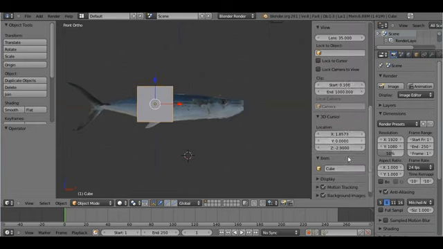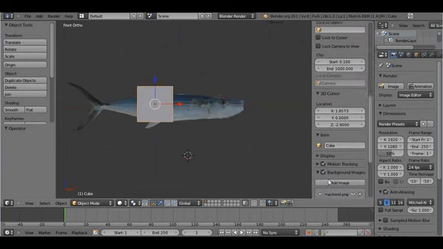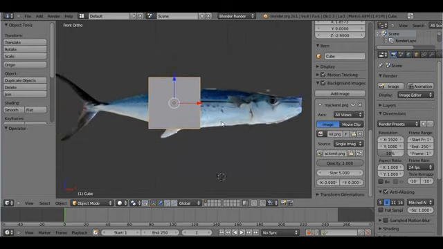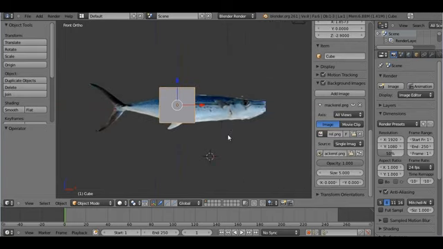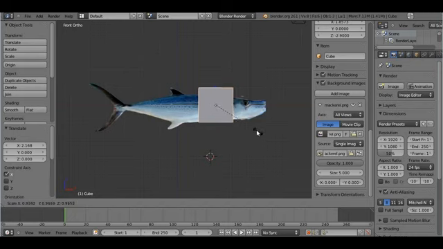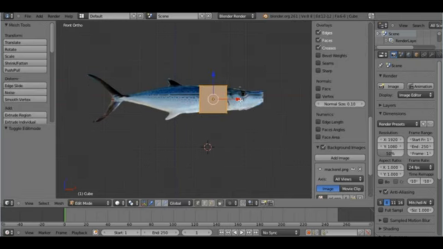So let's press N and go to our background images and increase the opacity of that. So now we have a fish that we can follow. Okay, this time we're actually going to use the default cube. Those are my favorite tutorials, those that can make use of the default cube. And let's just scale it down until it roughly fits the size of the mackerel. Let's tab into edit mode